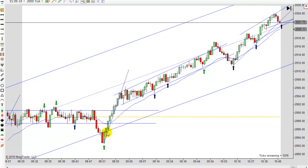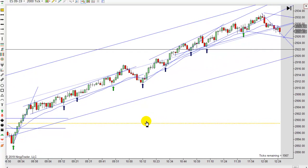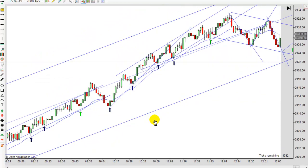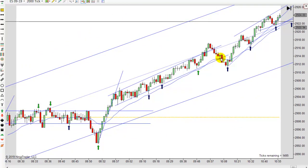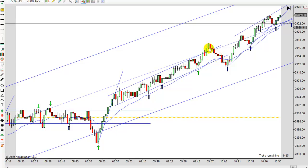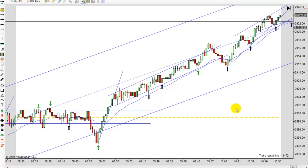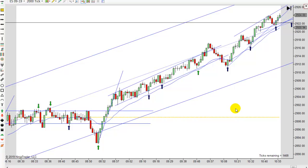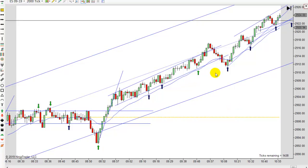So you catch a runner on this one trade, and, theoretically, you could ride this all the way. Even if you just rode it till you got a break of the trend, this is a spike and channel is what this is, and once you got an overshoot here, that probably would have been a good place to exit. But even if you waited till here, it's still a really nice move from here all the way to